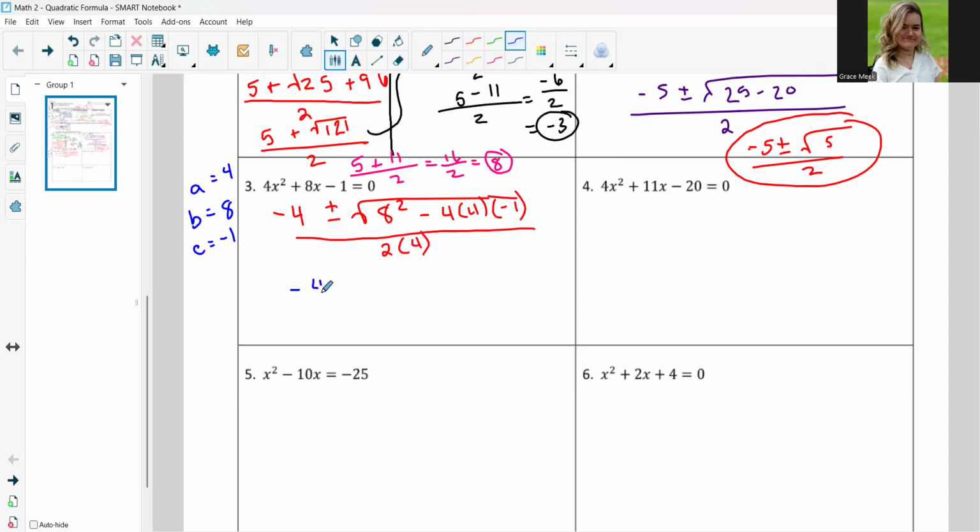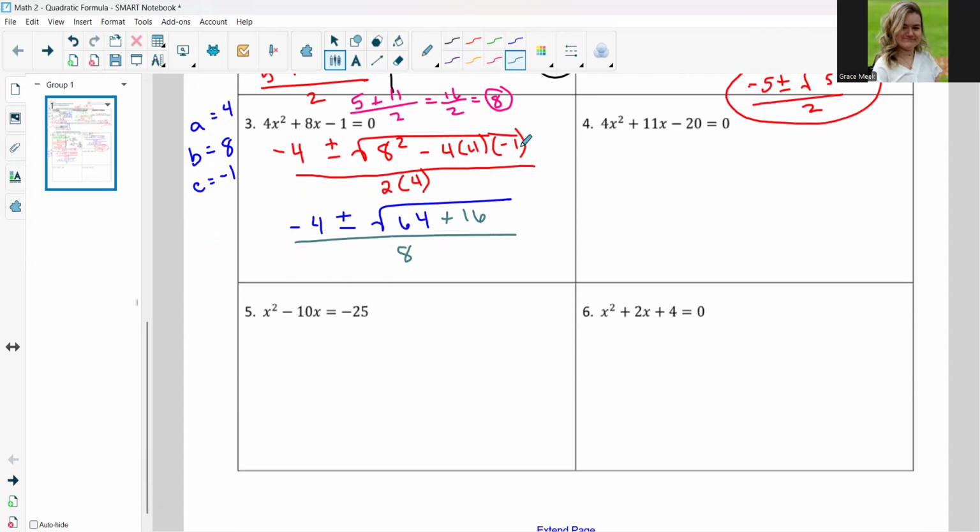So then we're going to have negative 4 plus or minus the square root. 8 squared is 64. And then this is negative 4 times negative 1, so essentially we're multiplying two negatives. And then 4 times 4, so that would be plus 16. 2 times 4 is 8. All right, we're going to keep going. And then 16 plus 64 would be negative 4 plus or minus the square root of 80 divided by